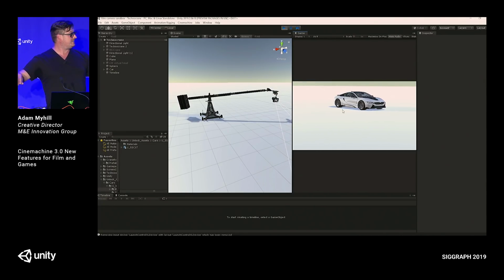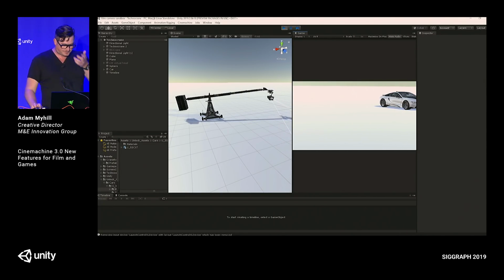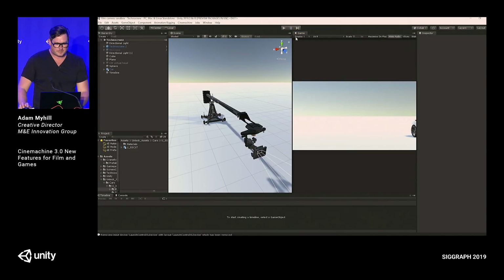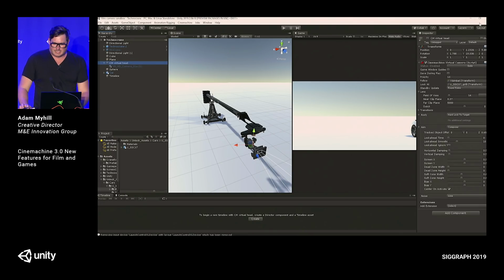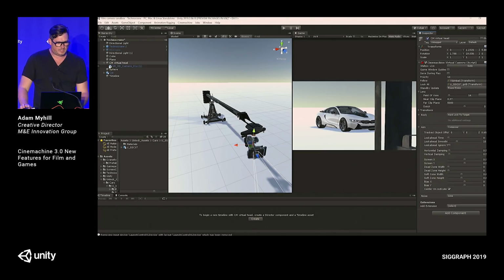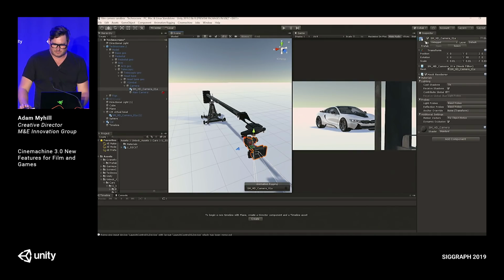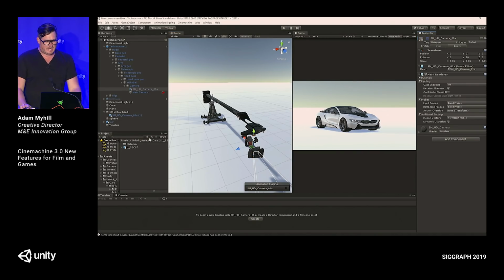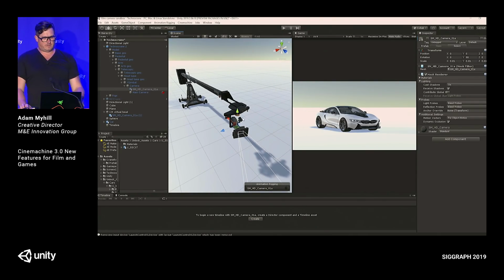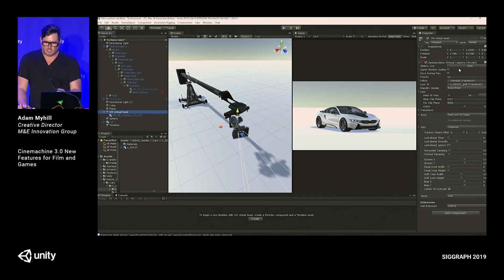Okay, so input device, Technocrane, super cool. What if? Let's do something like this. Let's take this Technocrane and put a different head on it. I'm going to turn this head off. Now, this head is a Cinemachine composer. And what composer does is it's a procedural composition, and it just does rotations. And if I select this thing, you can see I'm looking at the grille of the car.